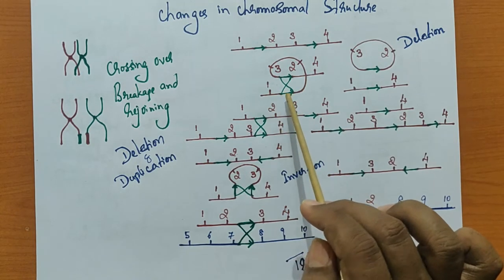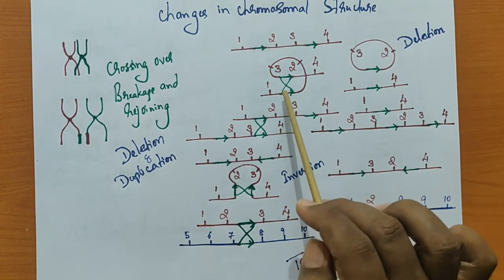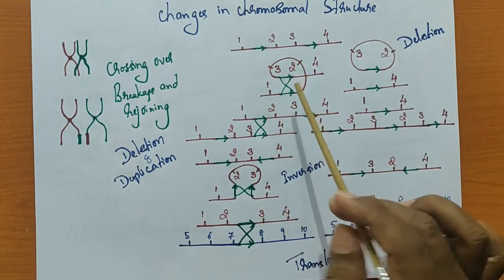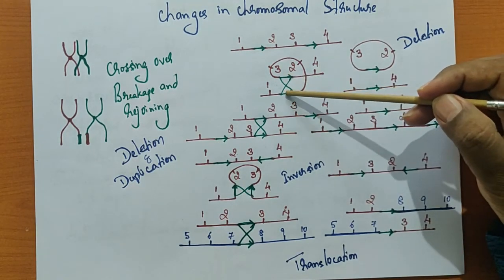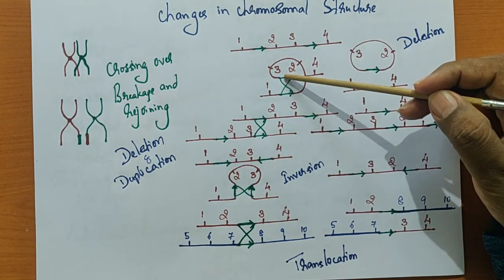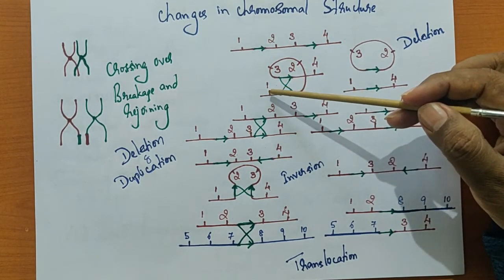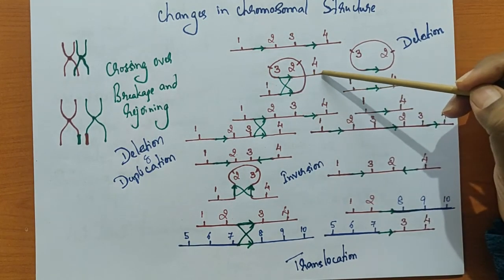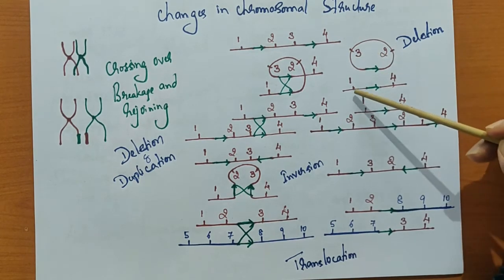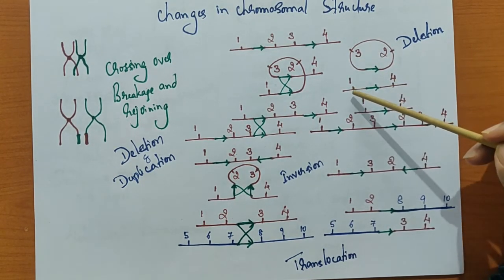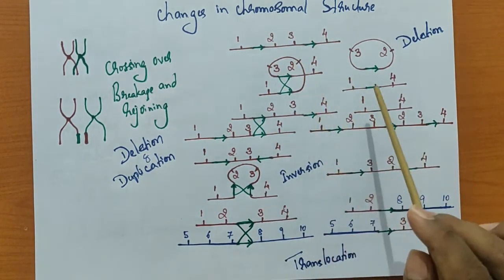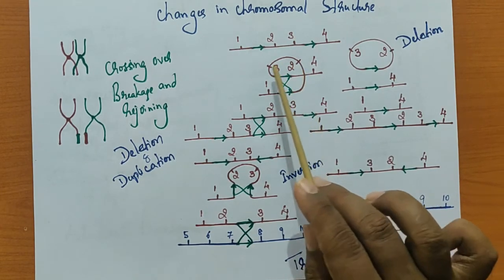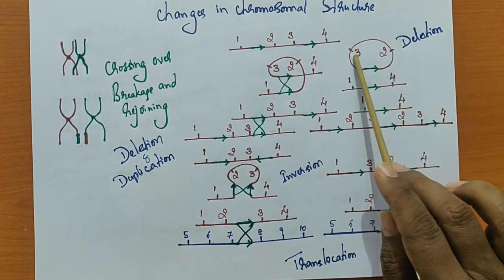Now this is a homologous pairing, in which an inversion takes place. This is 1, and this and this will undergo homologous pairing. So now 1, 2, 3, 4. In this condition, if a crossing over happens between this homologous pair, what happens? This is the gene 1. Because of the crossing over, instead of 2, it will combine with gene 4. So because of the crossing over, 1, 2, 3, 4 becomes just 1, 4. The other unit is going to be a circular DNA with genes 2 and 3.